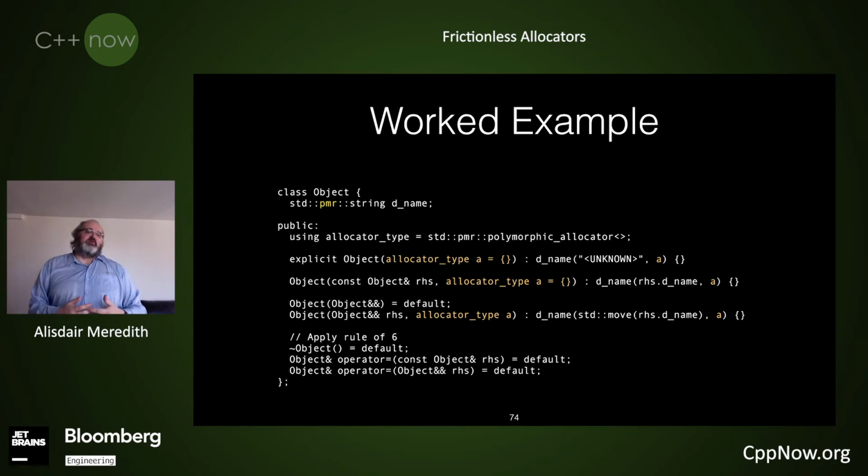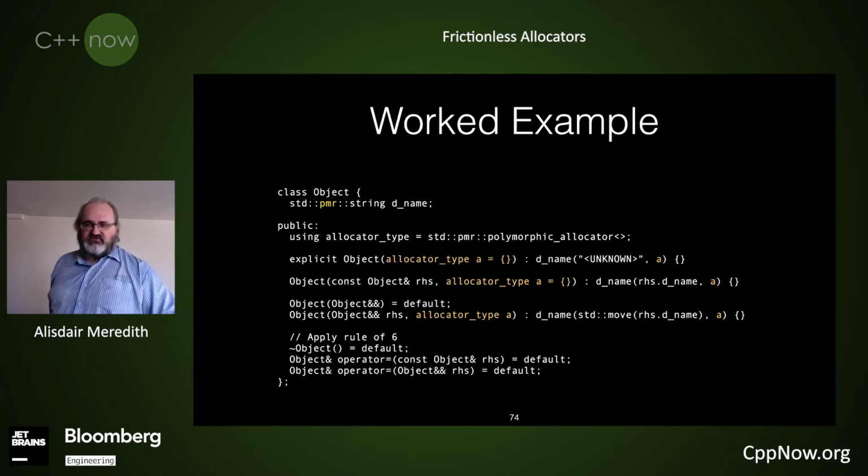But then we have to provide an overload of this is how the move constructor works if I'm trying to move with a different allocator. That is something that might be called through trying to then place from an object with one allocator into a vector with a different allocator. It's going to end up calling this constructor.